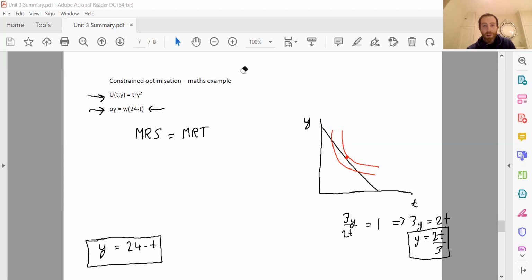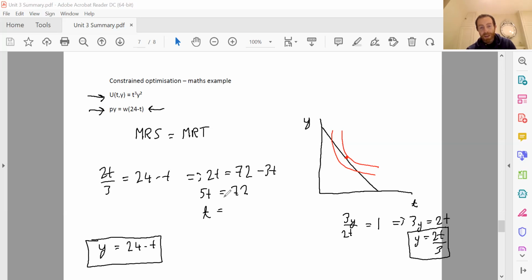Okay, so substituting this into here, I know that 2t over 3 has got to be equal to 24 minus t. And that implies that 2t has got to be equal to, so 3 times 24 is 72, I believe, minus 3t. So therefore, 5t has got to be equal to 72. And then t is equal to